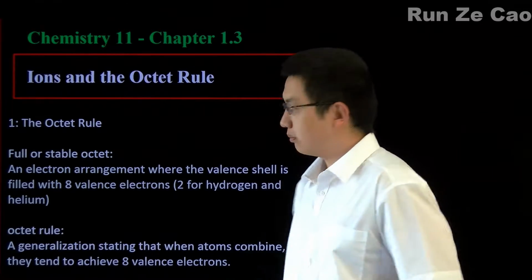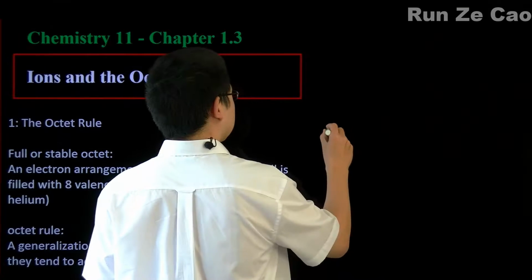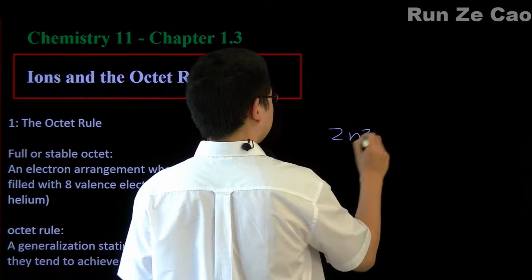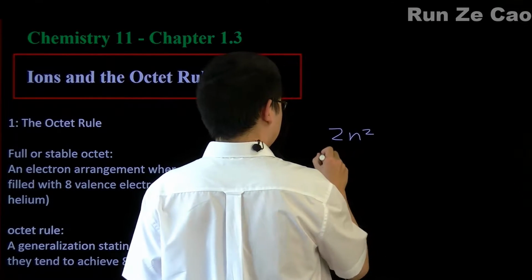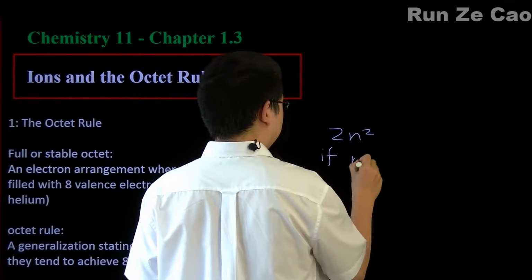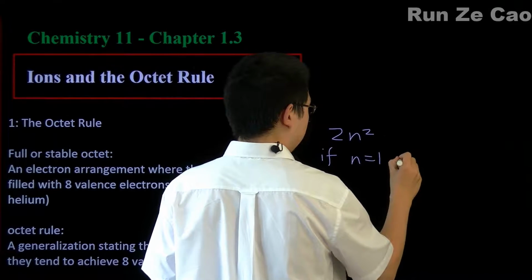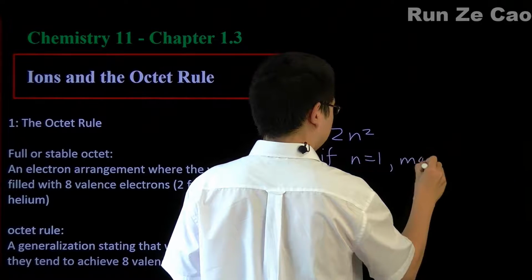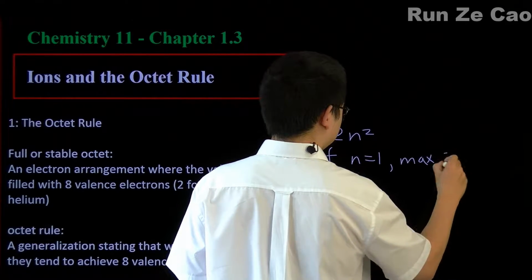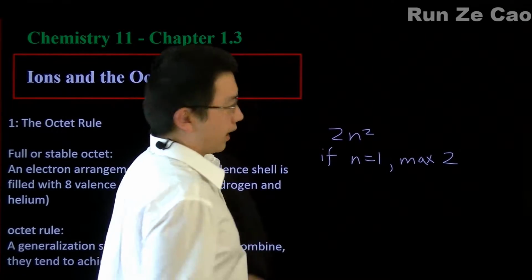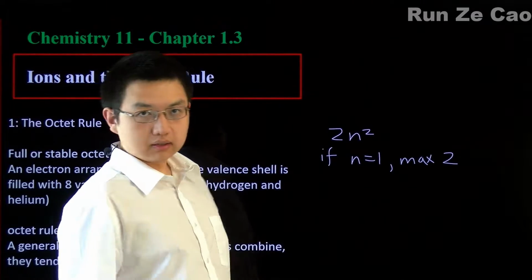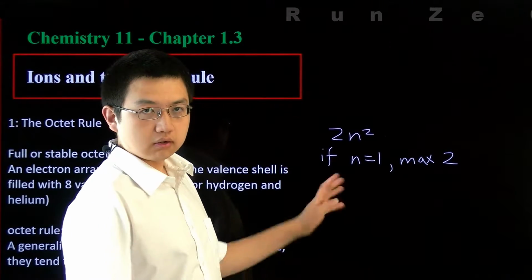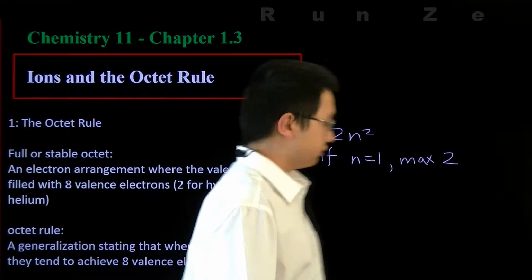It can hold up to 2n squared. If n equals 1, max is therefore 2. What about n equals 2? The max is 8, n equals 3, max is 18, and so on. Now,